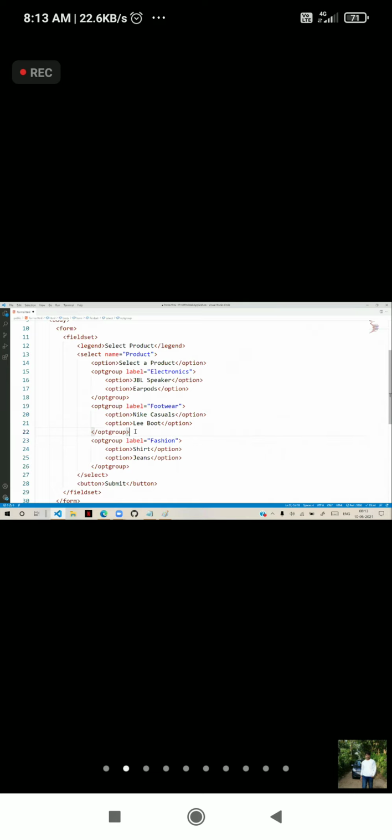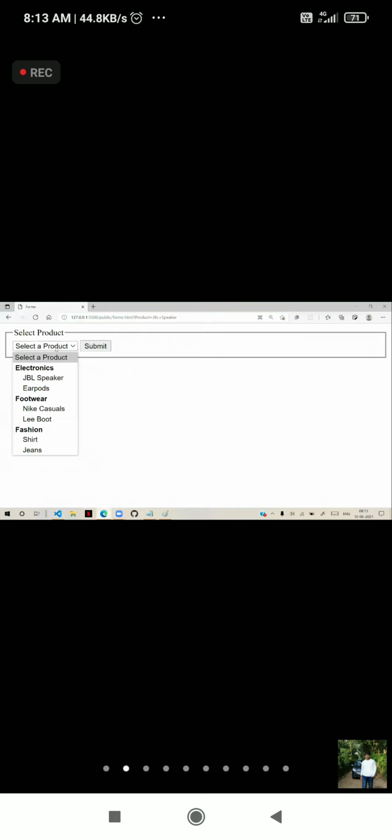What is the advantage of this optgroup? It will show everything like categories: electronics, under that these two; footwear, under this these two; fashion, under that these two. Categorizations. So the user can select these options and configure them.